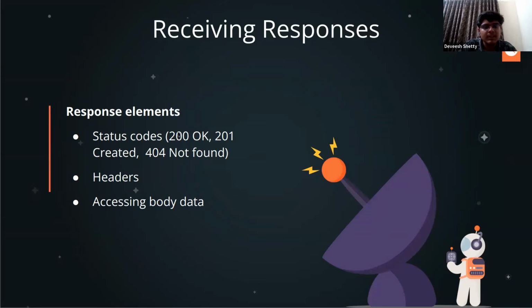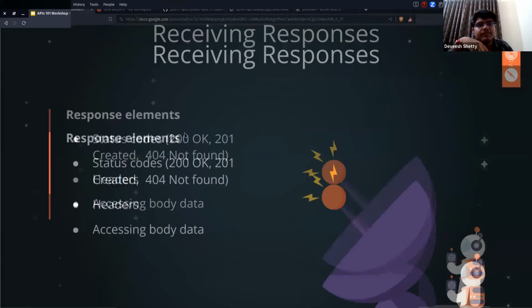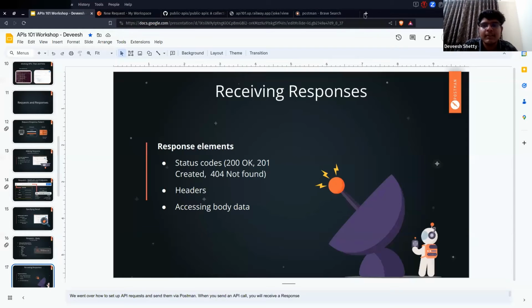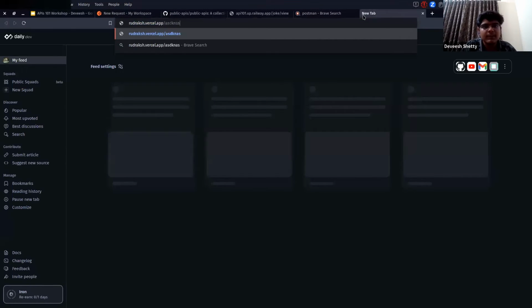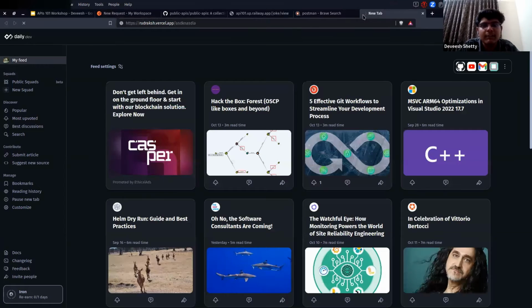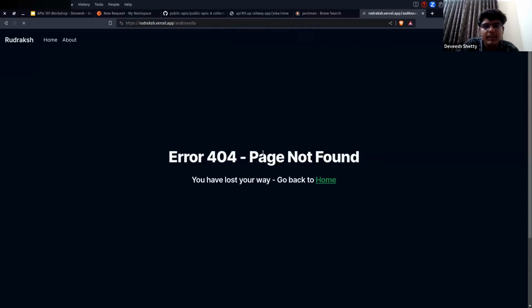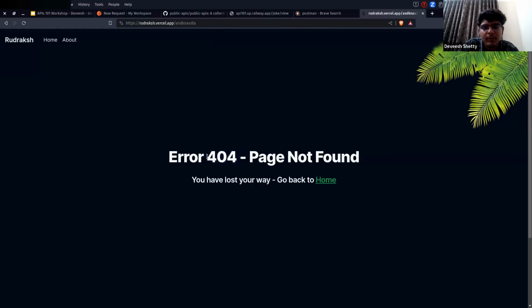Now comes another nice topic, which is status codes. As I asked you, how will the client know whether the server responded successfully or unsuccessfully? For that, we have HTTP status codes. Have you ever seen, when you go to any website, say I go to my website and try any random path, it responds with one particular 3-digit number, 404?